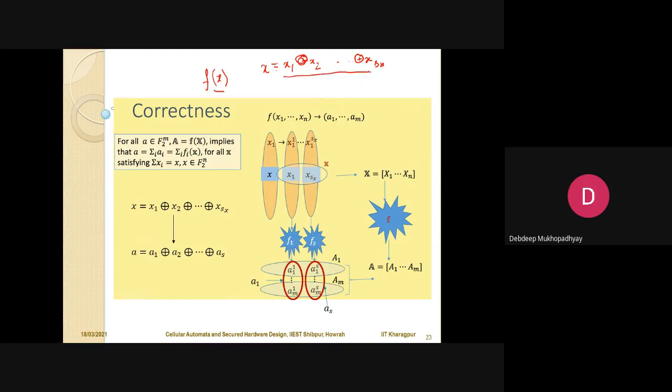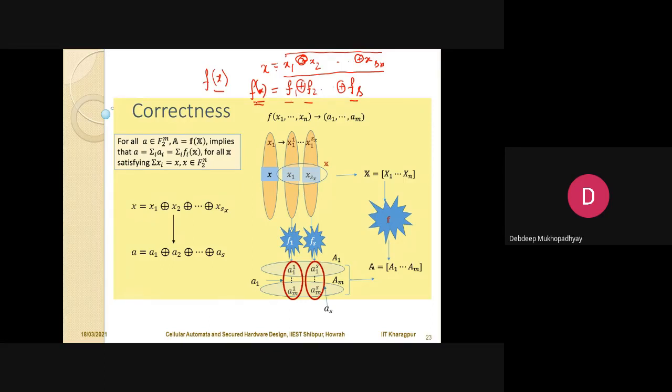I will be doing it using these shares, but I will be defining something like f1, f2, and so on till fs. Each of them will be operating on some of these shares, but not all. The idea is that if I finally take f1, f2, and so on and XOR them, I should get back the original f(x). So you're doing your computation in shares,